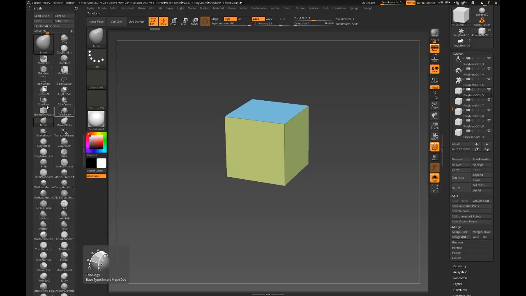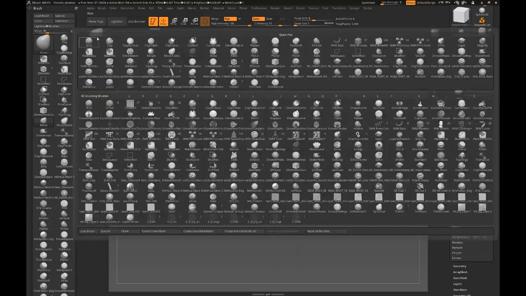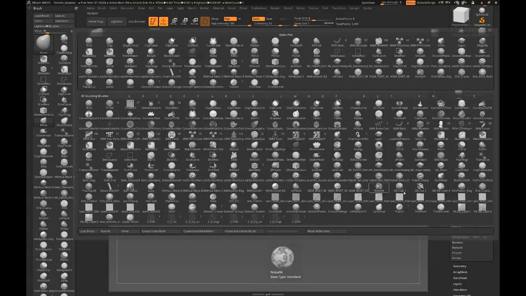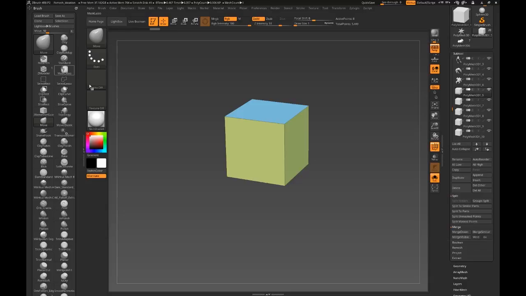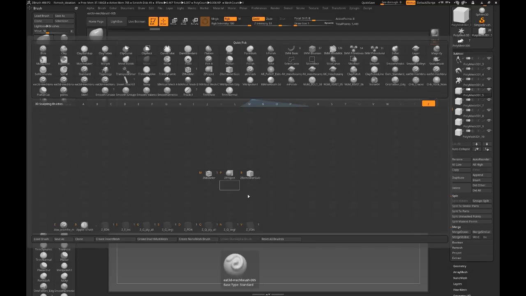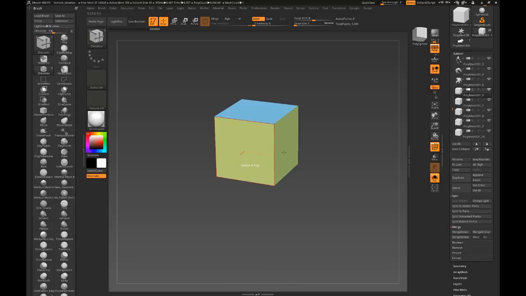So to choose the brush we want, it is this one right here, ZModeler. Another quick way of choosing it is to click on this brush menu and choose it from this menu here. As you can see, there's a lot of brushes, and it might take you a while to find the specific one you need. So you can also use keystrokes to speed that up. B for brush, Z for ZModeler, and you can see here that ZModeler has the letter M next to it, so it's BZM. From this point forward, if I hit BZM on the keyboard in succession, the ZModeler